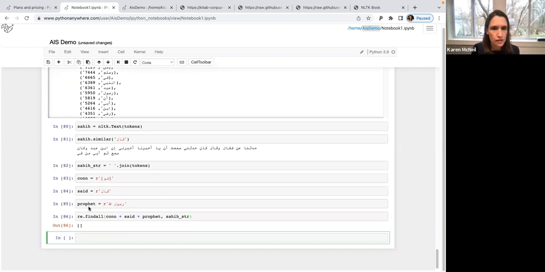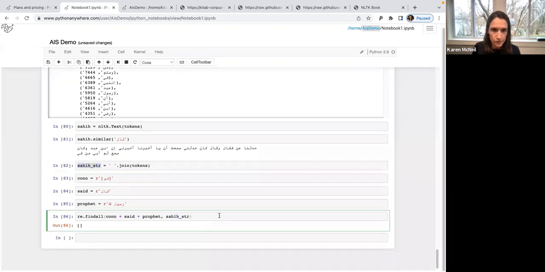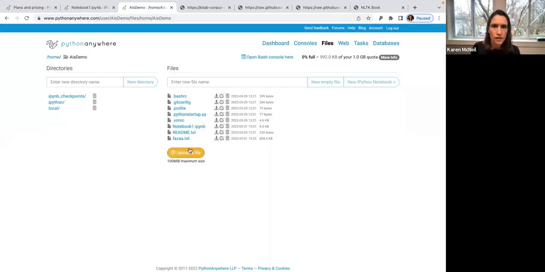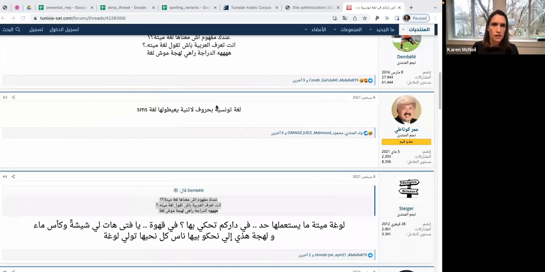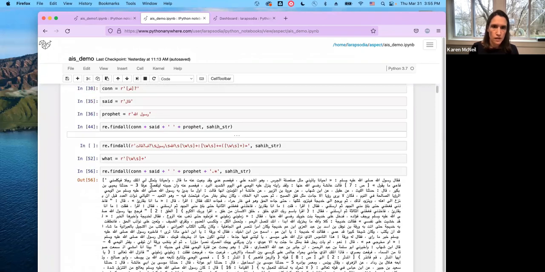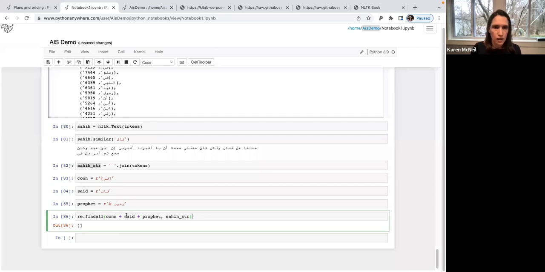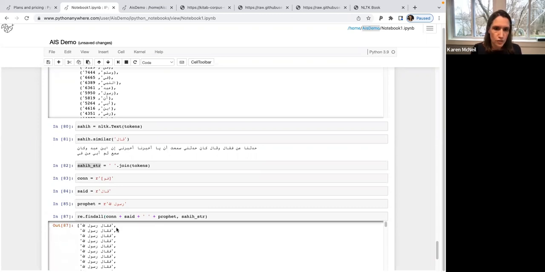Okay, don't find all Sahih. Did that one? Okay. Oh, I know what I did wrong. I forgot the space. So it says fa, kala, and then space, and then the prophet. There we go. So we see فقال رسول الله